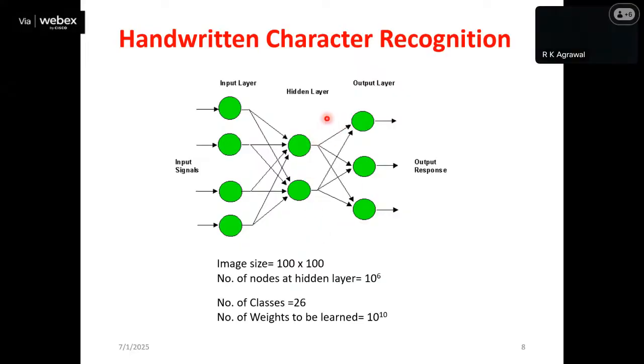Then further, the number of connections between the hidden and output layer is of the order 26 into 10 raised to the power 6. And the number of biases at the output layer is 26. So you can see that we have to learn a large number of weights and biases. The more weights and biases we need to learn, the more time is needed to learn. And another important point is that the number of training samples we choose should be